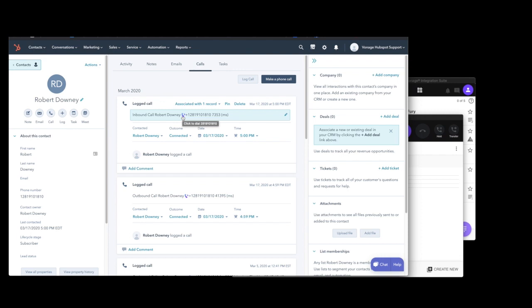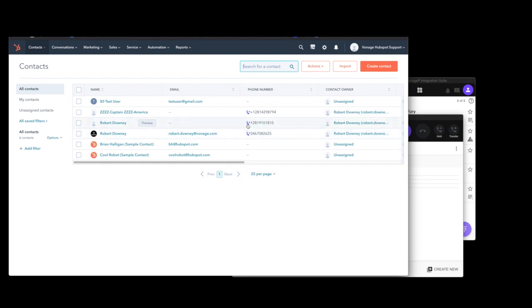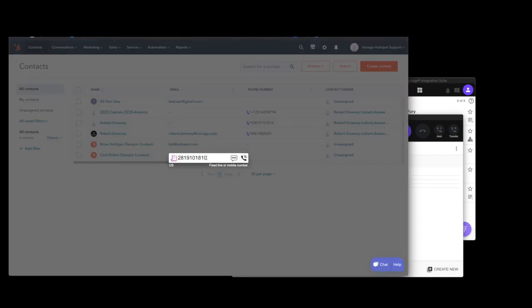You'll also see that I can go in here. If I'm in my contacts list, I also have this little telephone icon where I can click on it to do a click to call, which will send the call out through our phone system. But we also have SMS capability. So if you know, for example, that this telephone number belongs to a contact and it's a mobile device, you can SMS to them directly through this system as well.